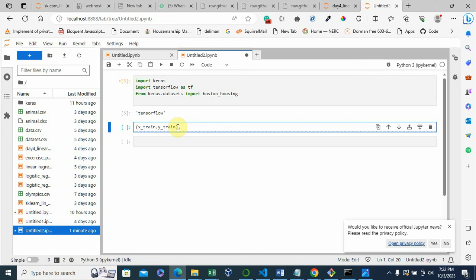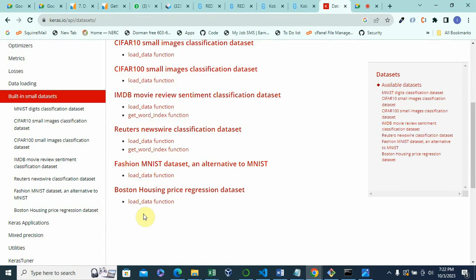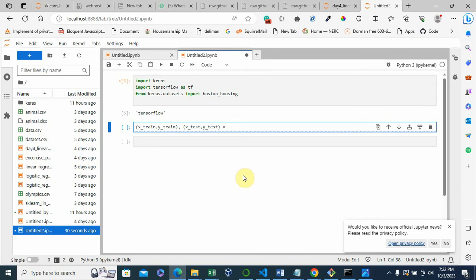Then we have X text, Y text. So we're gonna have this loaded from the Boston data that we just have. So you recall that here it gives you how to load the data function. So I'm just going to go straight and load that in Boston